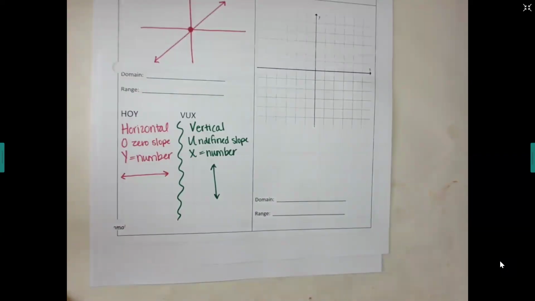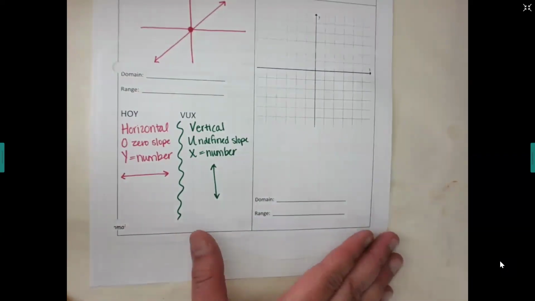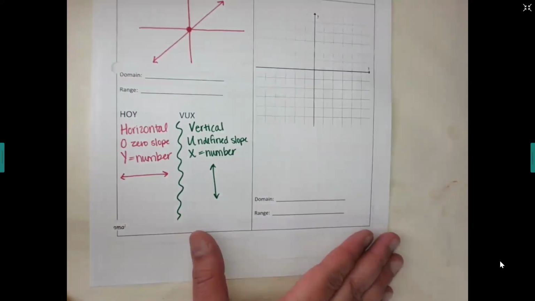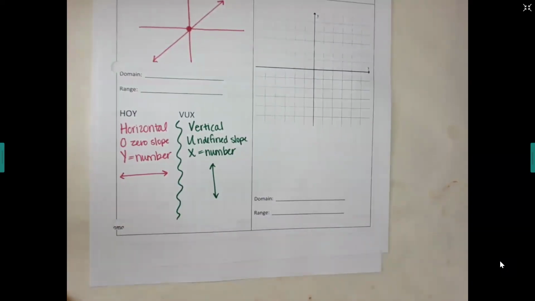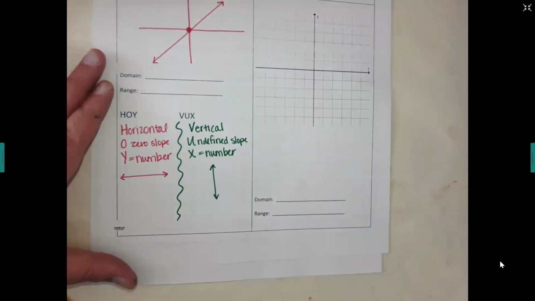So that was the first family that we talked about. We talked about 4. Number 1 is linear. Number 2 was absolute value. Do you remember the shape? It's a letter. It is a V. Good.